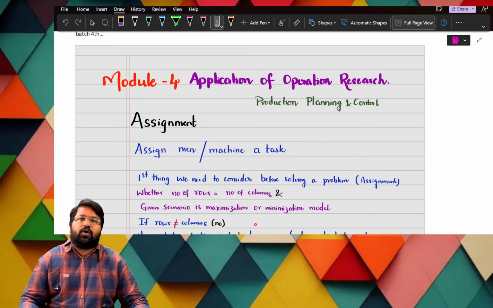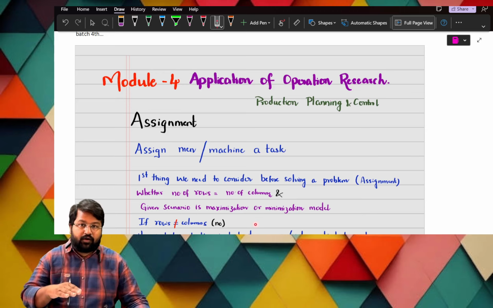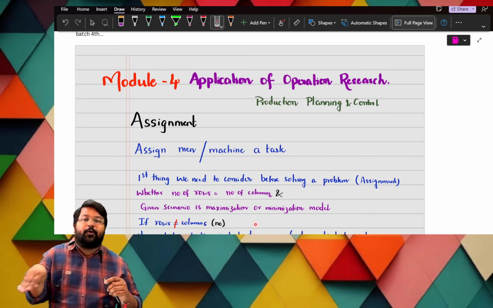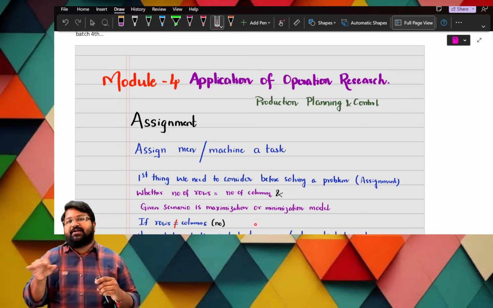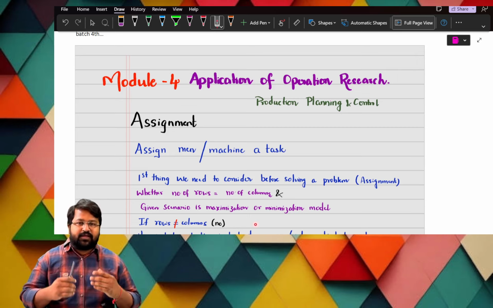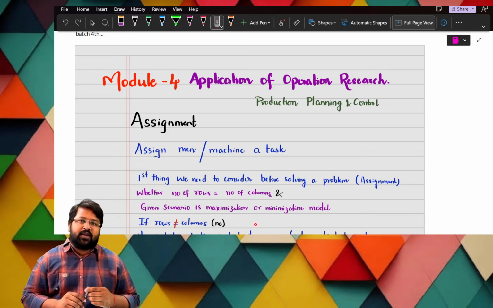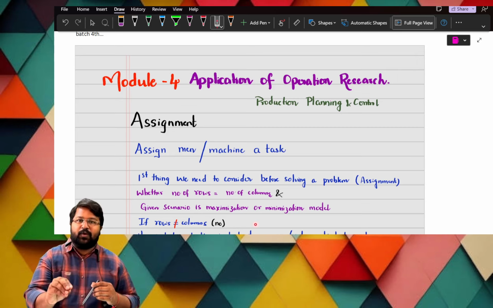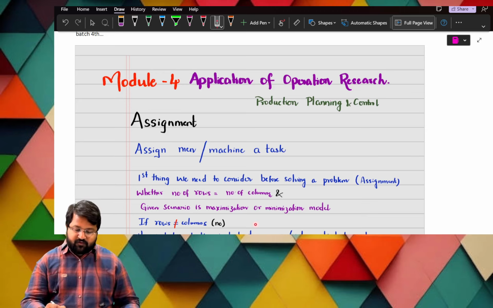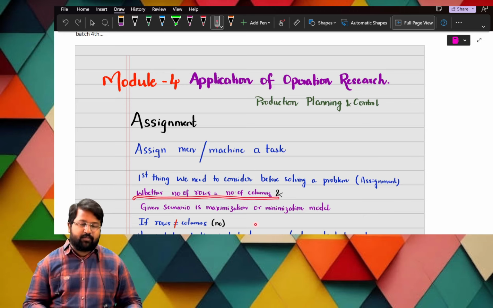You should have a clear idea of what the rows are and what the columns are. First thing, whether balanced or not, in the sense of number of rows equal to number of columns. What is this row, column? Please wait, be cool. I'm solving the problem, and you will get clarity. So the first step is to check whether the number of rows equals the number of columns.